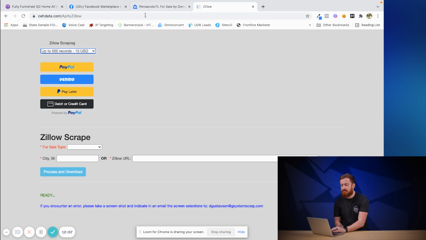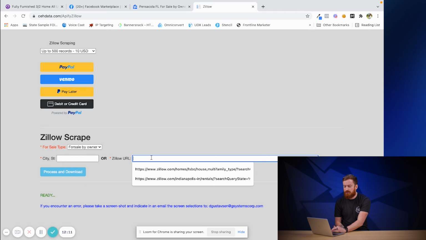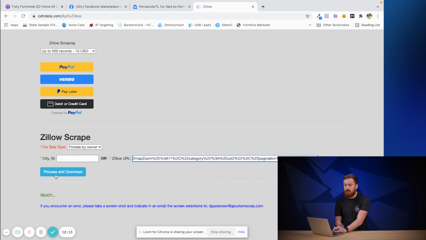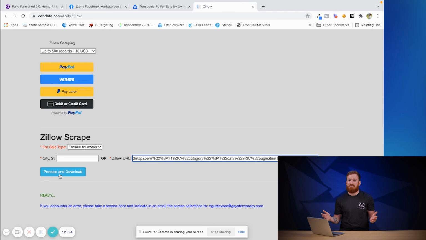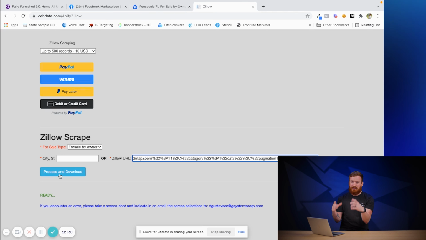It's just for you guys. And you can click in here for sale by owner from the drop down and paste the URL and click process and download. It'll go through. It's going to take you like probably a couple minutes. You have to leave this open. You can't refresh it. A list of like 500-700 of these is going to take anywhere from 5 to 10 minutes. You've got to leave it up and running, and it will just give you an Excel file with the